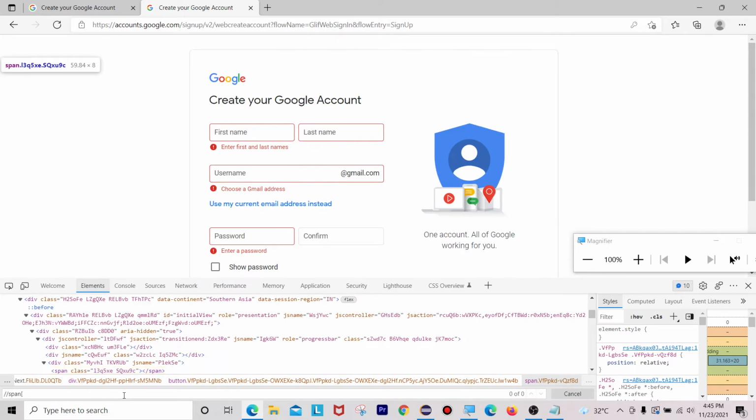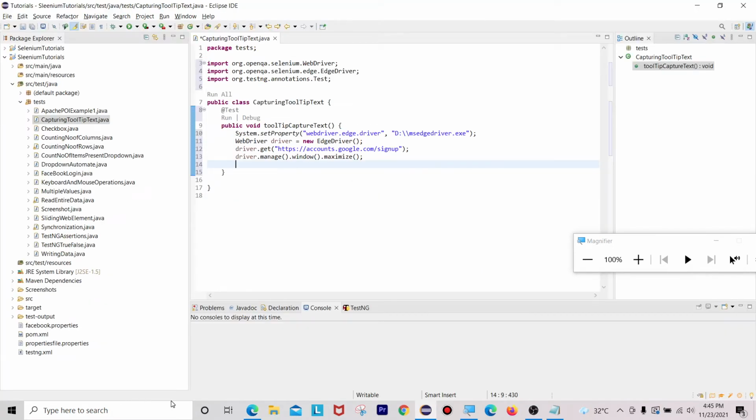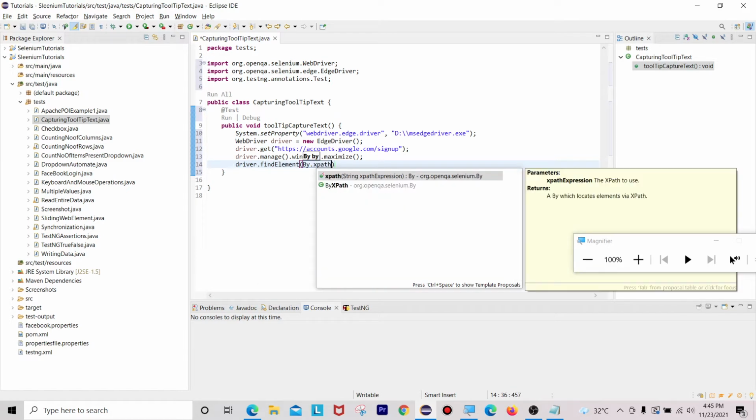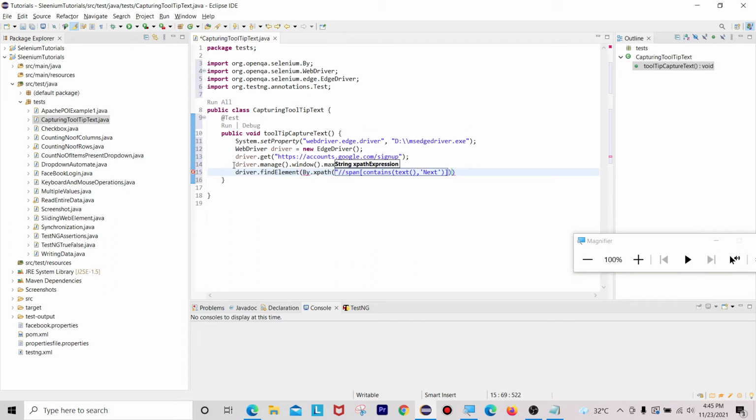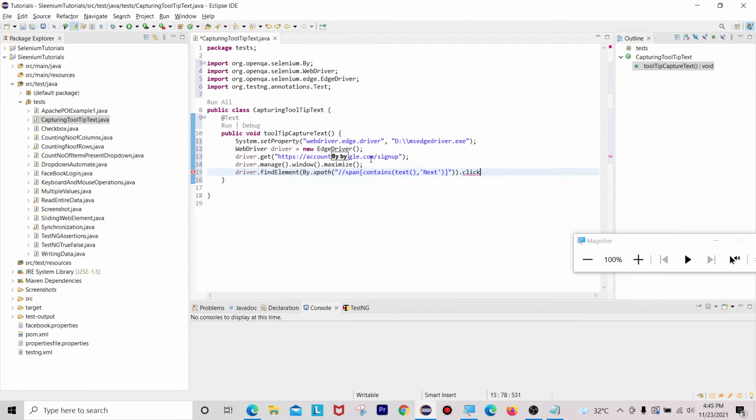I am using the span contains method here, contains text, comma, Next. If you can see here, it is highlighting this part. Control Alt, Control C. Now I can use driver.findElement(By.xpath(...)), what is our XPath, we copied and pasted here. Once it is done, I am going to perform the click action.